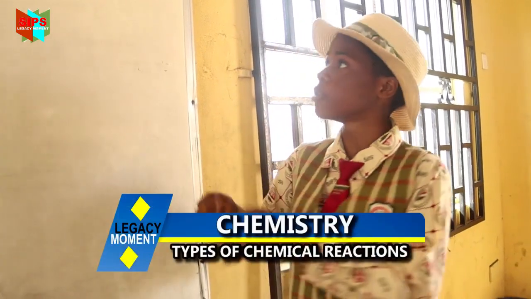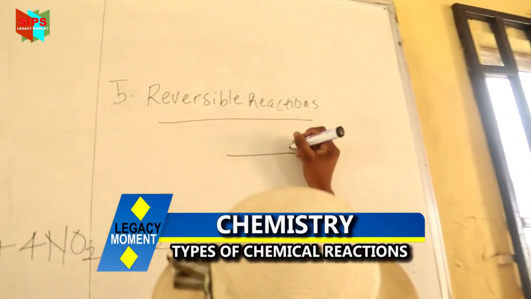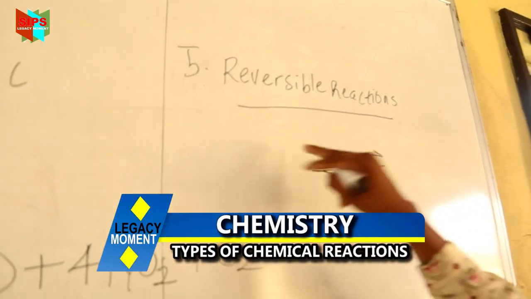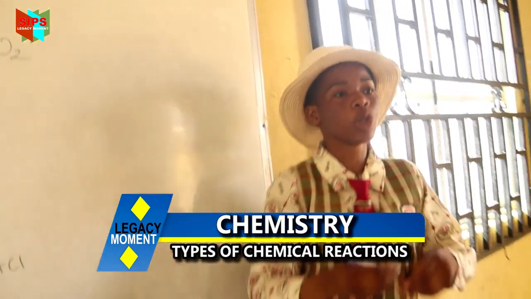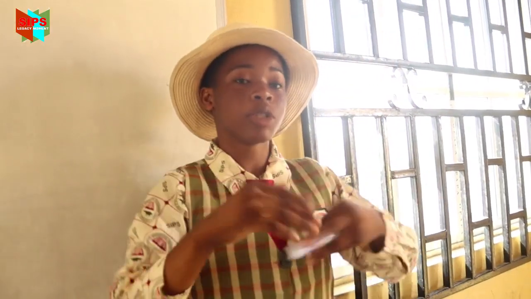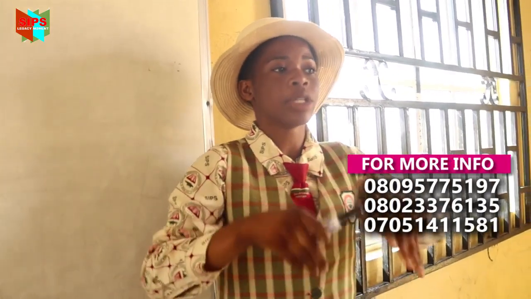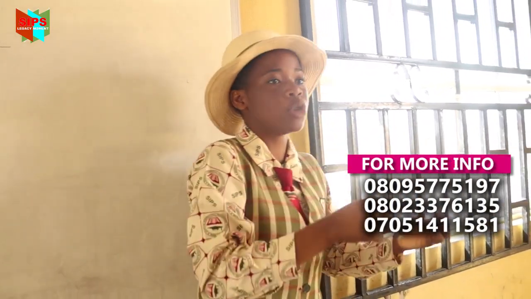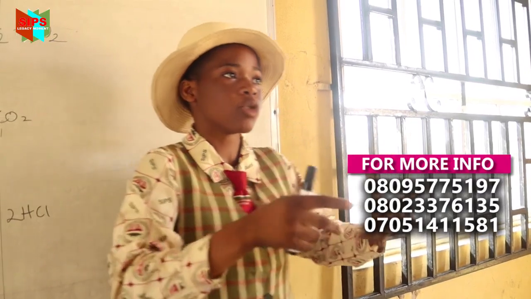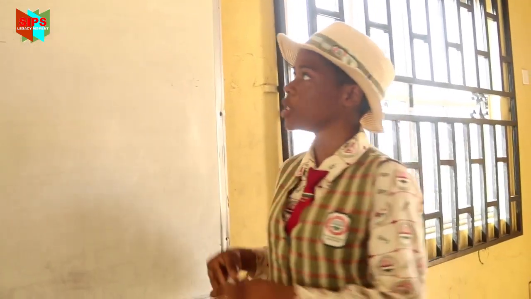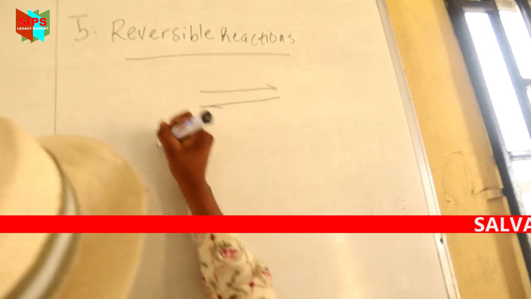A reversible reaction is a type of reaction in which the products can combine again to form the reactant. This reversible reaction is represented by this sign. This indicates the forward reaction, while this indicates the backward reaction, obeying Le Chatelier's principle of equilibrium, which states that if there is any external constraint on an equilibrium position, e.g. temperature, concentration of reactants, or pressure, the equilibrium position will shift in order to annul the constraint and to remove it. For example, if this is, for example